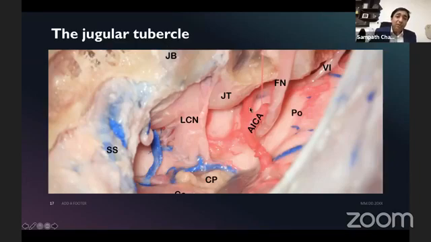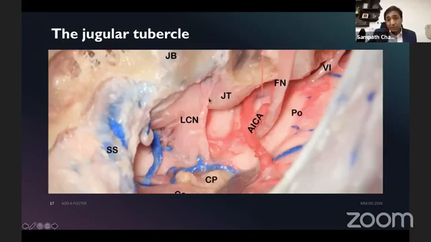Now we are looking at the jugular tubercle more from a superior direction and intracranial angle. So we're looking at the same jugular tubercle, not from laterally or posterolaterally, but more from the CP angle point of view, from superiorly. So this is the jugular tubercle again, and just medial to this and inferior we have the 12th cranial nerve. So 9th, 10th, 11th is here. The 12th cranial nerve is more medial.